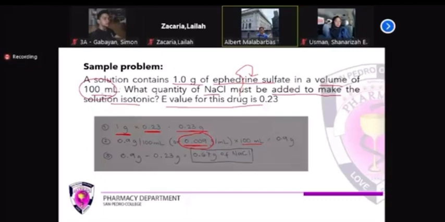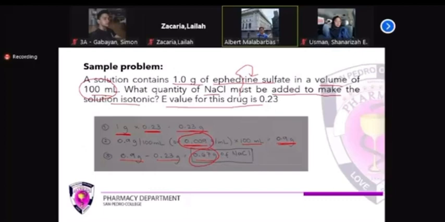In this case, the volume required is 100 ml. So you will get an answer of 0.9 grams. For step 3, you need to subtract your answer from step 2 and step 1. So step 2, 0.9, minus step 1 answer, 0.23, you will get 0.67 grams of sodium chloride. So that is our answer. The answer is 0.67